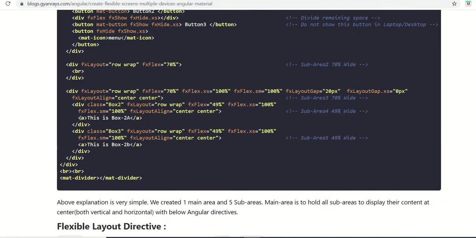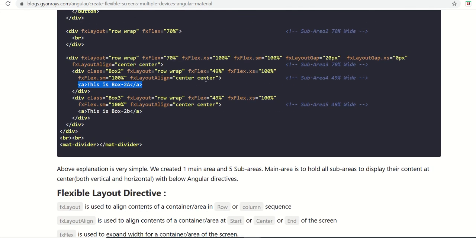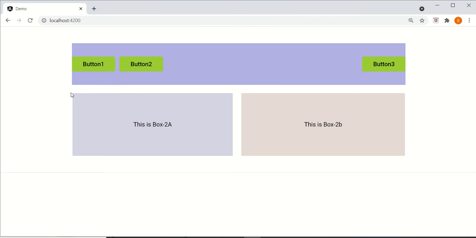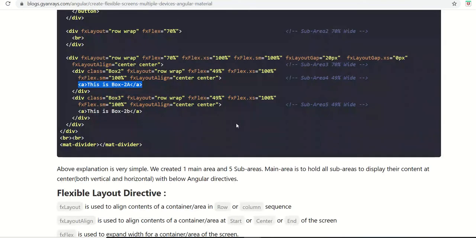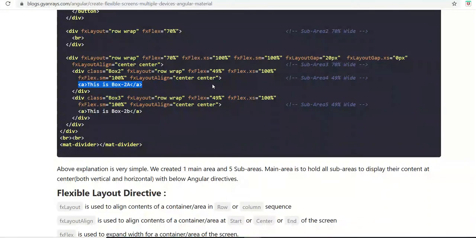what we are displaying is a simple text line. This is box 2A and this is box 2B. Well, we are displaying the 70% area, two boxes with 20 pixel gap. So how will the boxes be aligned? Two boxes can be